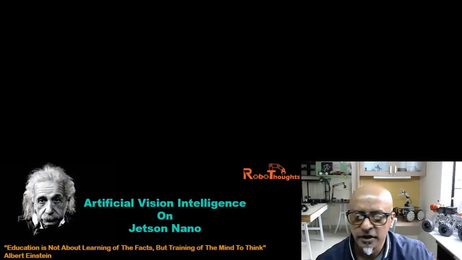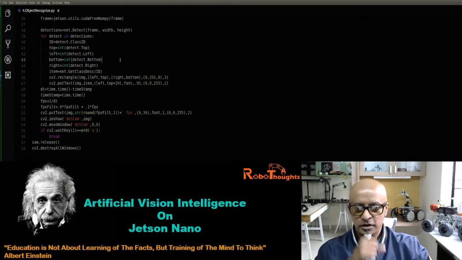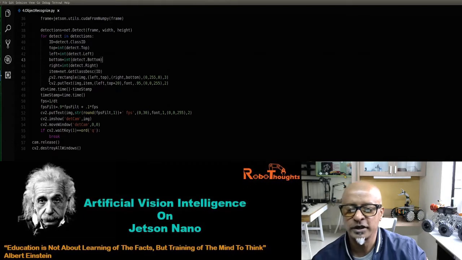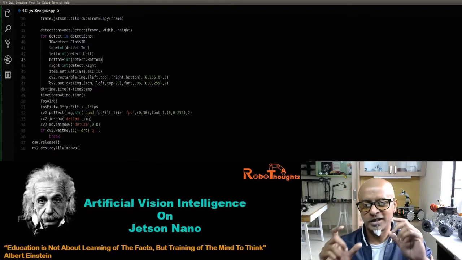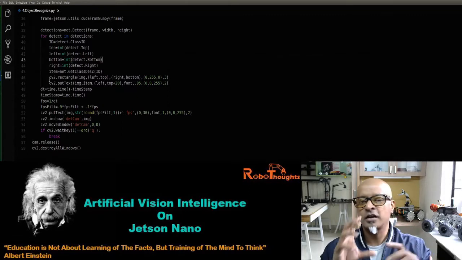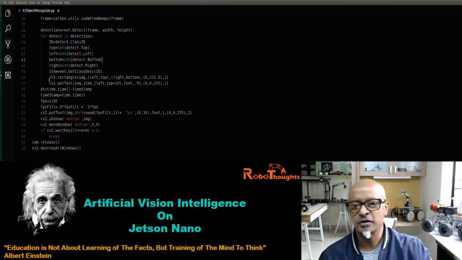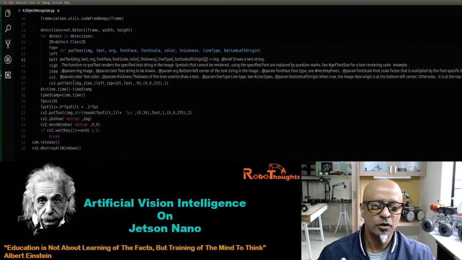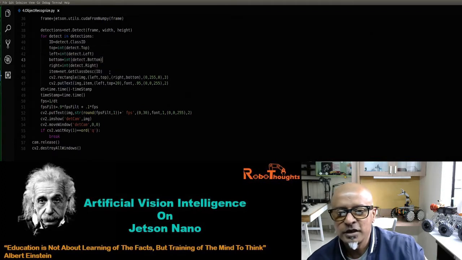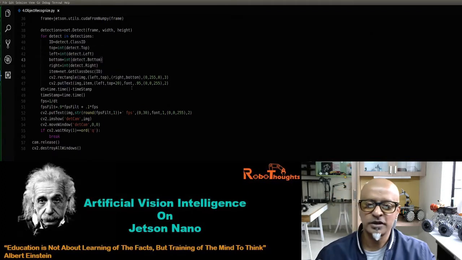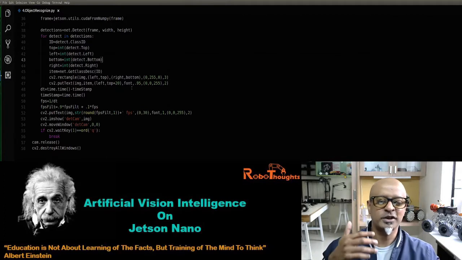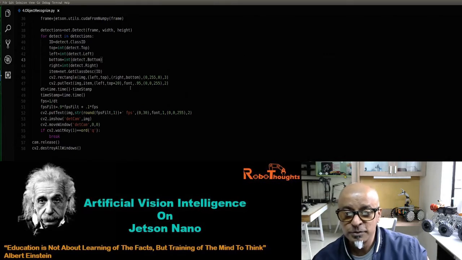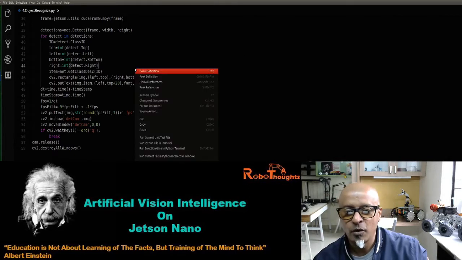Alright, let's get into my Jetson Nano. This is my Jetson Nano. So these are the 4 lines of code, guys. We are putting in a CV2 rectangle, assigning a color to that particular rectangle, and also its size and width. These 3-4 lines of code will be added to the previous code which I showed you. I don't think we need to go line by line once again, because it would be a repetition of what we did in the previous lesson. Let me run this program and show you a demo.